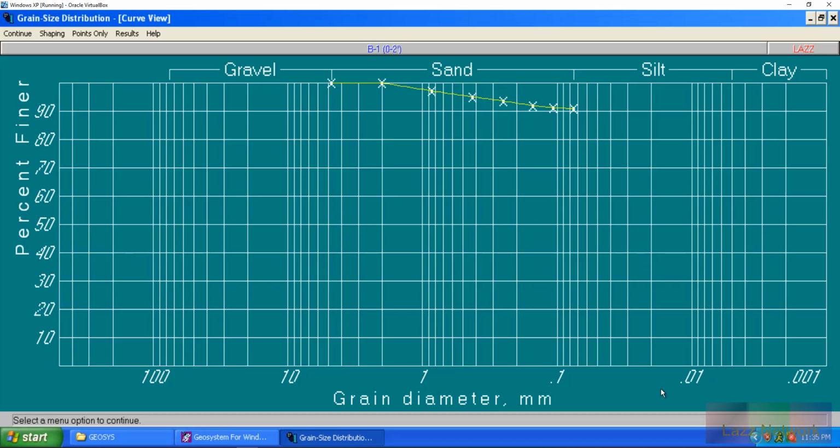Because if you don't wash it, you can't get all the fines and particles out of the material, where you may not get as much passing your 200 sieve if you just sieved it as it was. That's the whole idea of that. So technically, you would wash this before you would sieve it, which is exactly what happened with this sample that I've entered in here. So just to kind of recap overall,